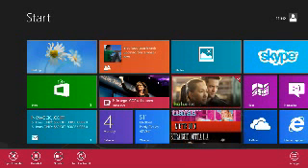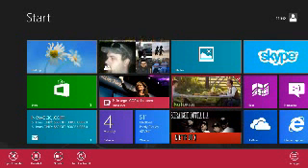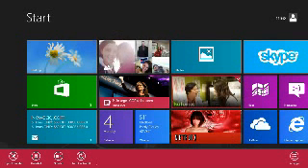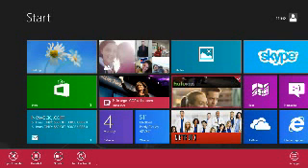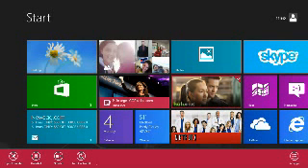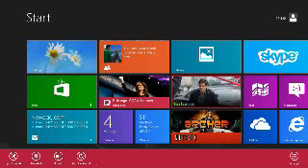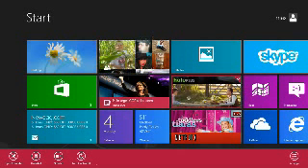First off is live tiles. So I can actually turn off the tiles from displaying live information from this menu here, which will make it a little bit easier if you're working or trying to get something done, because these tiles can be distracting when you go to your Start menu and it's constantly giving you the latest Twitter update and you don't really want to pay attention to that. So you can turn off the live tiles at any point if you find them too distracting, or if you just don't like the information that it displays, and you can do this just by tapping on that turn off